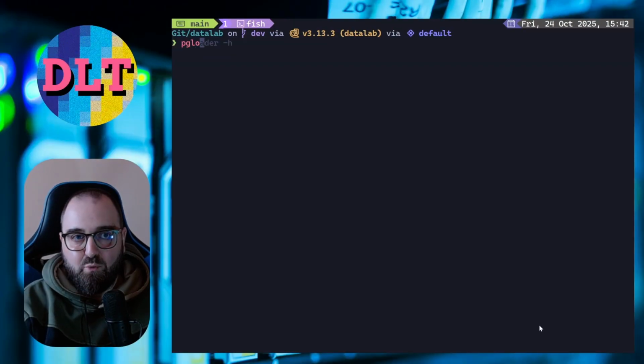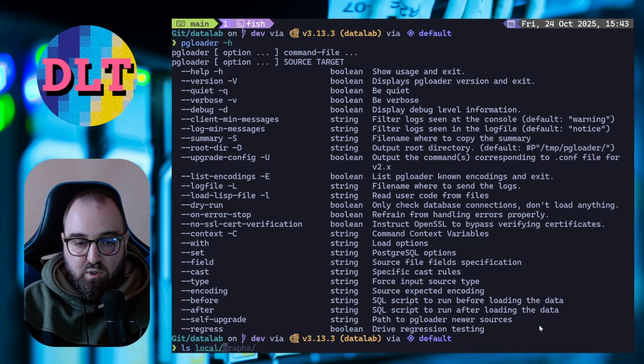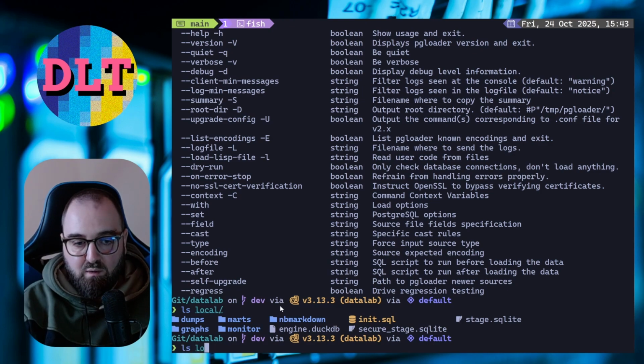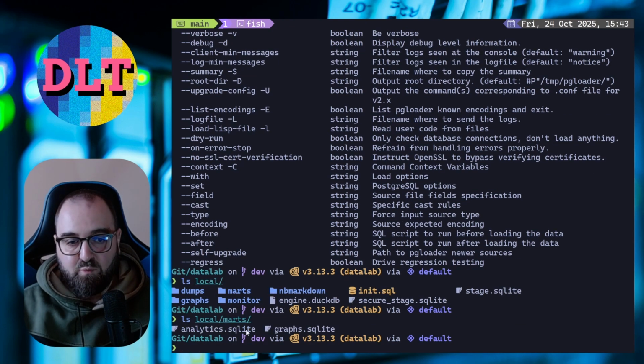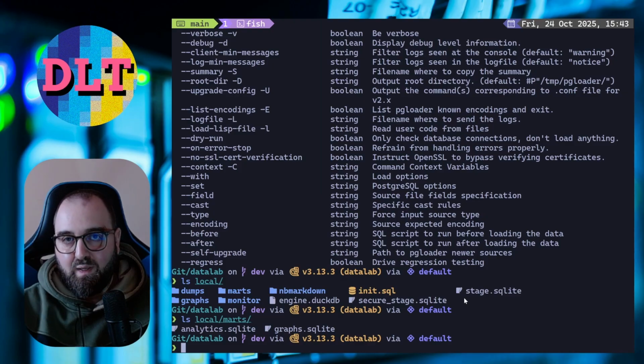So like I said in the intro, we'll be using pgloader for our migration. pgloader is a tool that lets you load a bunch of data sources into Postgres. One of those sources is SQLite. We'll use our previous state that is on our local directory through our engine DuckDB that connects to all of these catalogs like stage, secure stage, as well as some data marts within local marts, right, for graphs and analytics. Each of these catalogs will become a schema on our Postgres database, our Lakehouse database, and we'll connect this into our existing